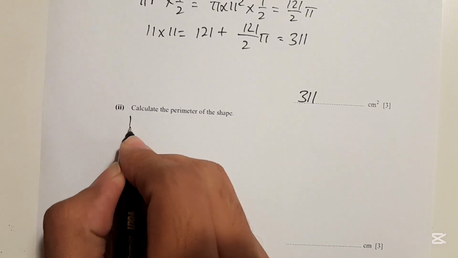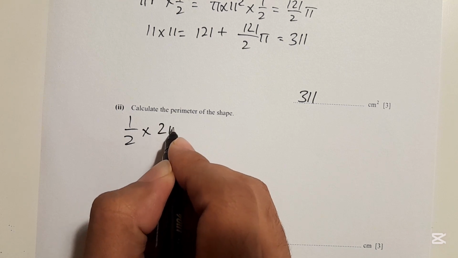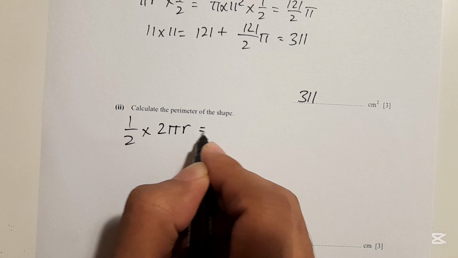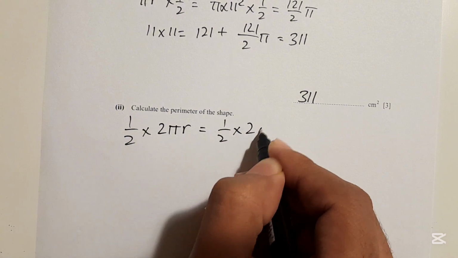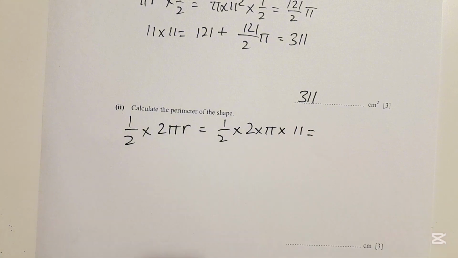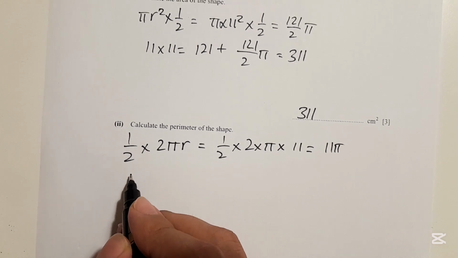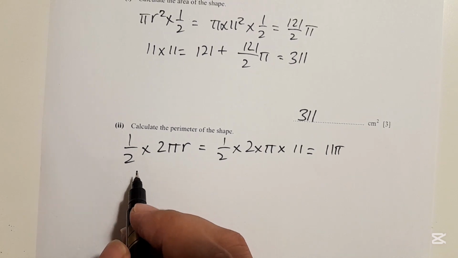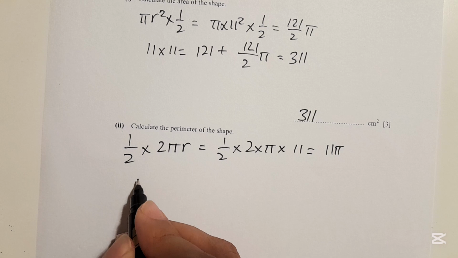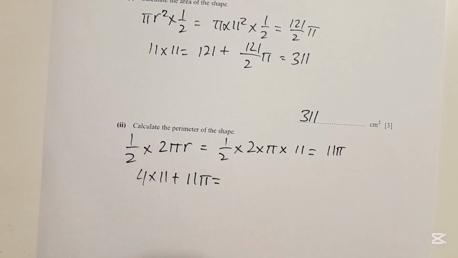So 1 over 2 times 2 pi r. So 1 over 2 times 2 times pi times r, which is 11. So the answer will be 1 over 2 times 2 times pi times 11, that is 11 pi. And for the square, we already have four 11s. So 4 times 11 plus 11 pi, that is